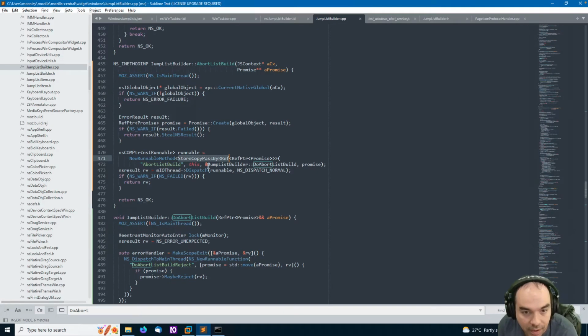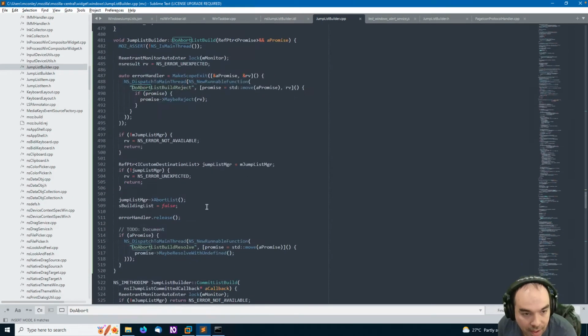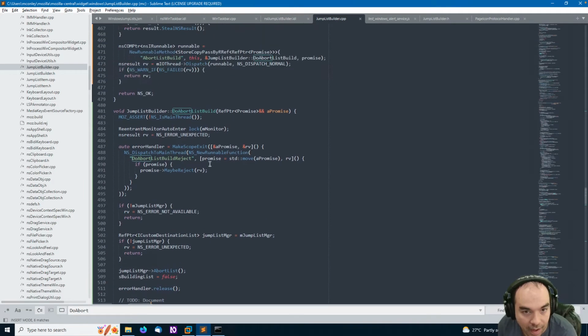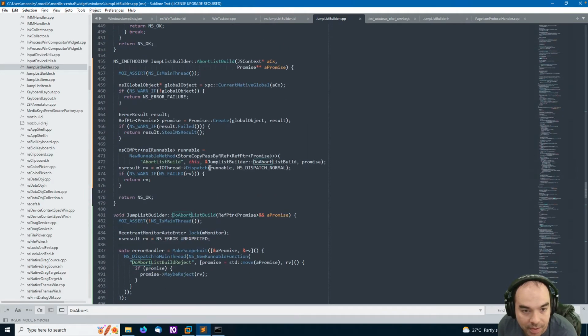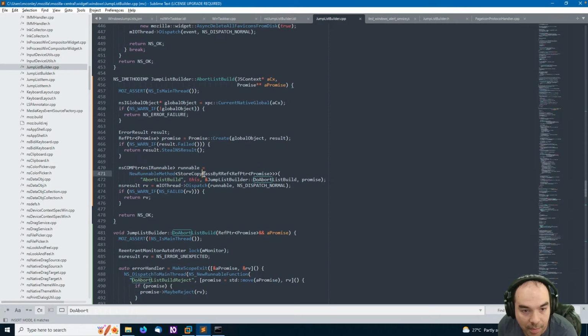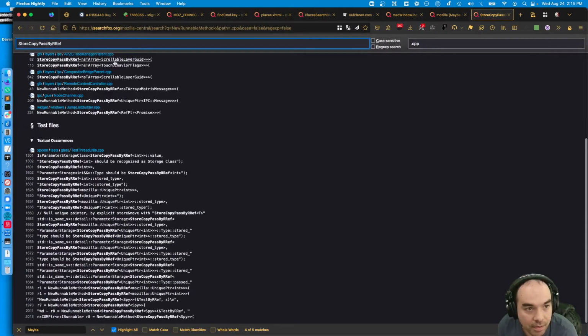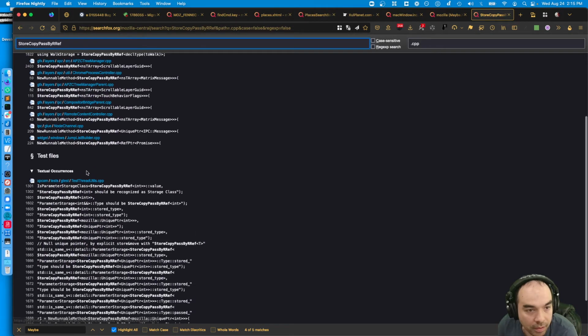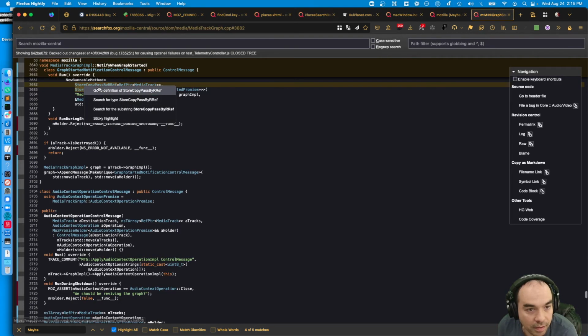So that actually built. Incredible, but not good enough. I don't want this to be a ref pointer promise. I want it to be a maybe promise. Store copy pass by, and I don't even know what this thing is. What is store copy pass by write ref? What is this thing?